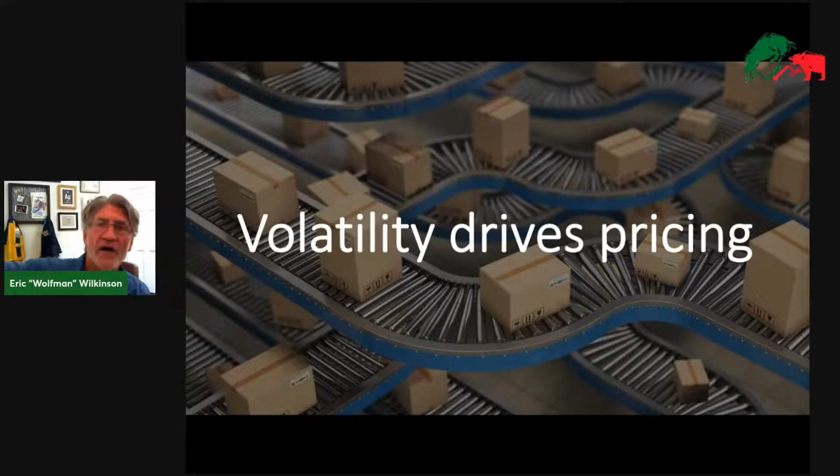Like I said, further out in time, we don't know what's going to happen, but near, when it's almost expiration, we've got a pretty good idea where this thing is going to land, right? If it's a $100 stock, it's probably not going to land at 200, and it's probably not going to land at 0. It's probably going to land somewhere between 95 and 100 on those last couple of days, right? So volatility drives pricing at any given time,